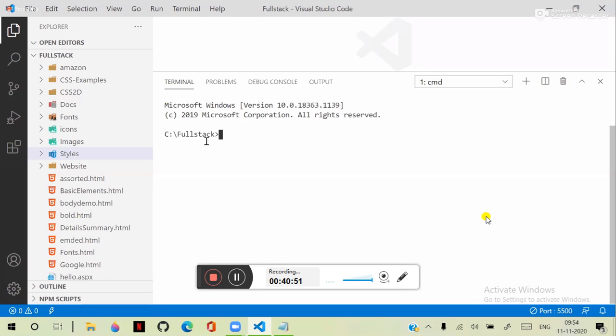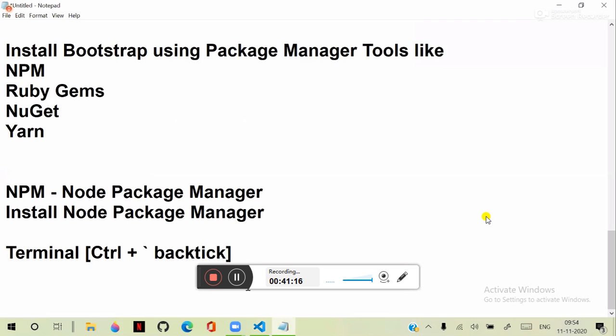Now you open your project location, and here you have to install Bootstrap. Actually, Bootstrap we will install first. How to install? We have to run the command npm install bootstrap. Actually, several versions of Bootstrap are there. The latest version of Bootstrap is